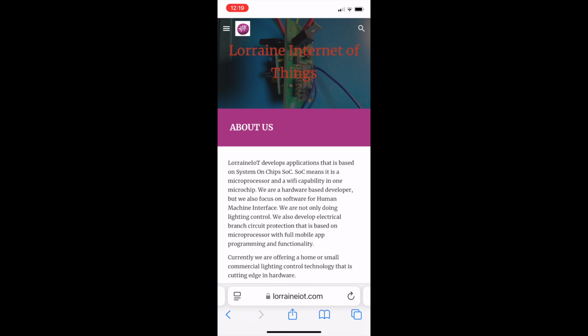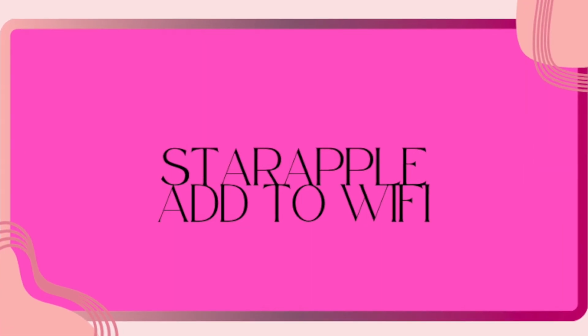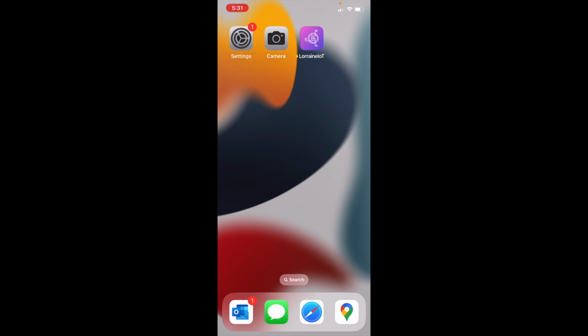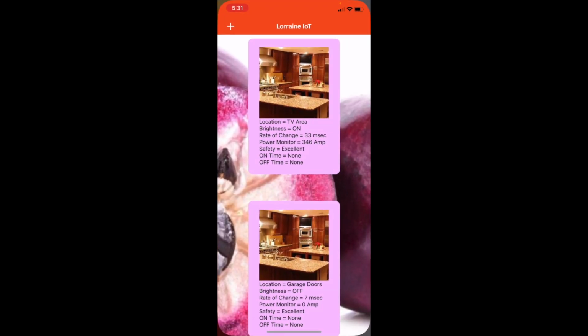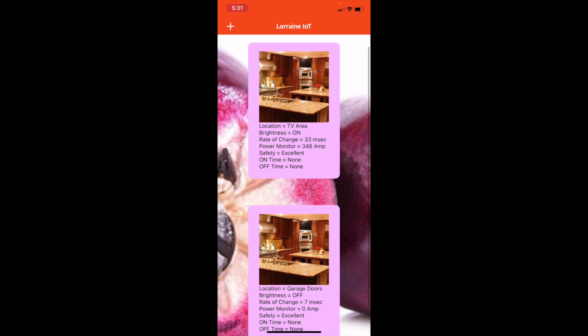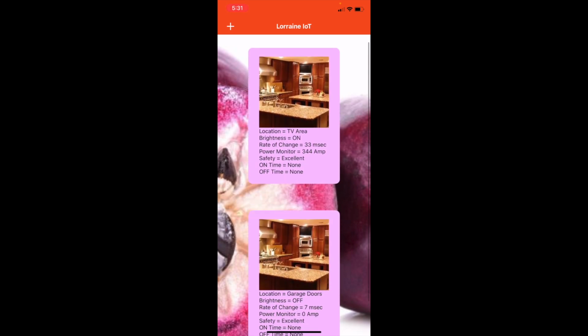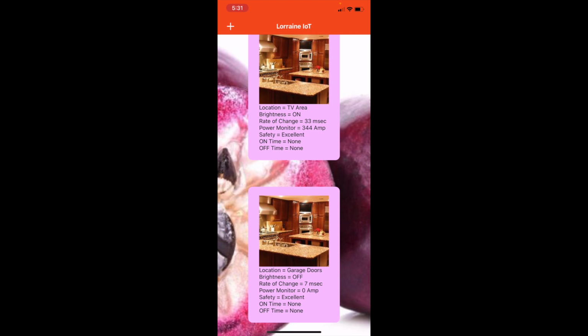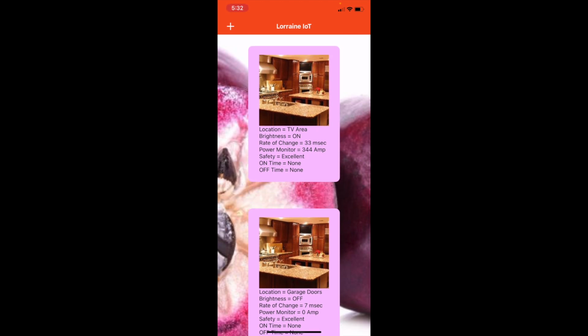Without further ado, let's go to the video on how to navigate the app and control the StarApple device. Let's go ahead and add another device into our app. So let's open the app, and as you can see, we have two devices that are already joined into our app. If we refresh it, we have the TV area and the garage doors. We're going to add the master's bedroom. So in order to do this,